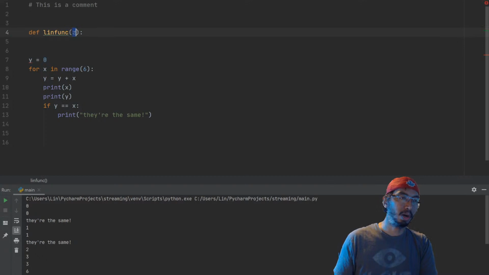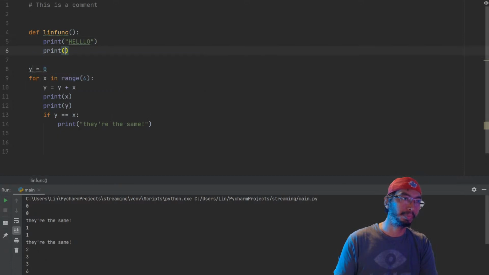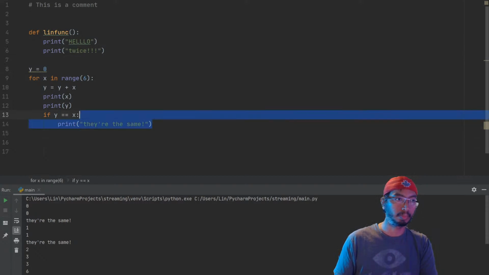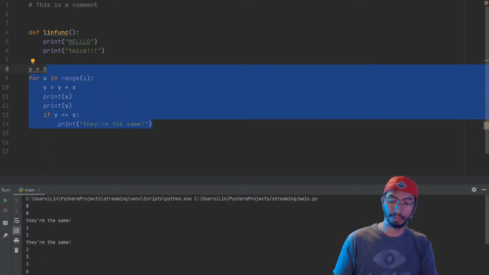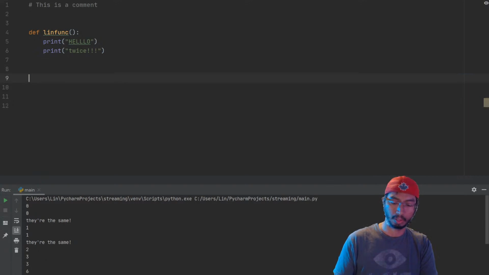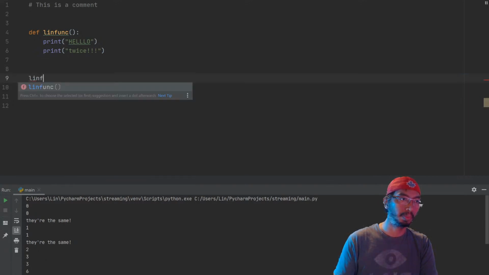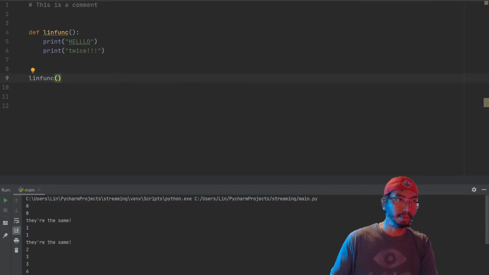And I'm going to want a parameter. Actually, you know what? I can actually take a function. Hello. What if I do this? Let's get rid of this. If I do this,